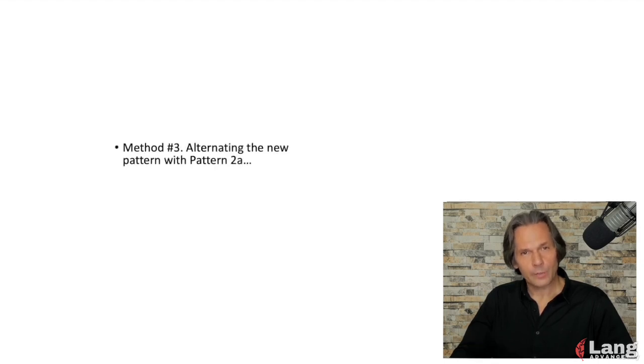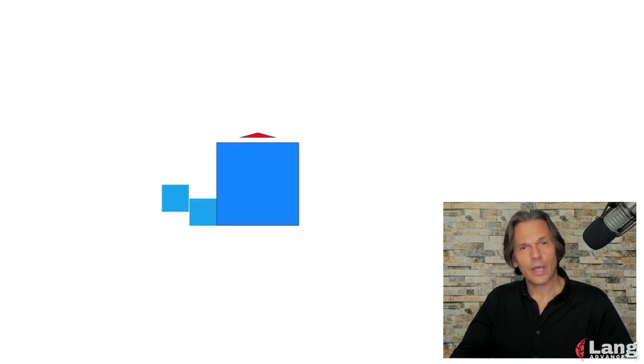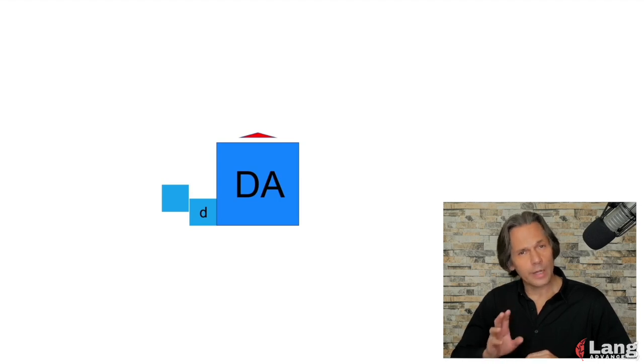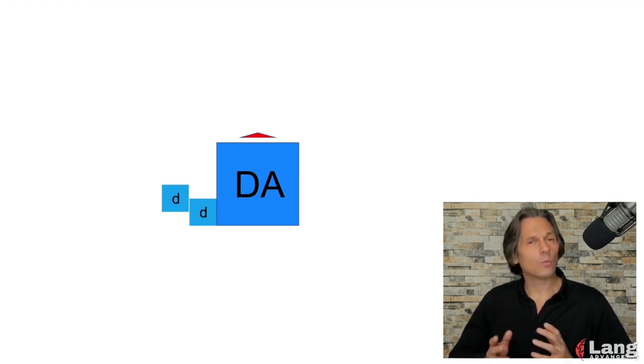Another useful way to approach this pattern is by alternating it with pattern 2A. Here's our diagram representing pattern 3C, but let's just focus on the second and third syllables. We'll keep the blue boxes there for the first syllable, but we're not going to say anything at first. At first, we'll just say da-da, and then we'll write in a sound for the first syllable, and we'll say that pattern. Da-da-da. Now the purpose of this drill is to see how similar the three-syllable pattern is to the two-syllable pattern that you already know.